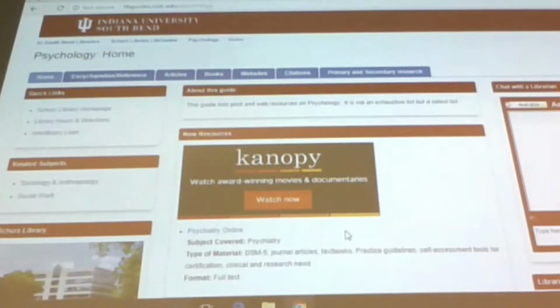To find this, the best way is to do what's called a cited reference search. Anybody know what that means? I'm going to try to find the article that has that in the bibliography,